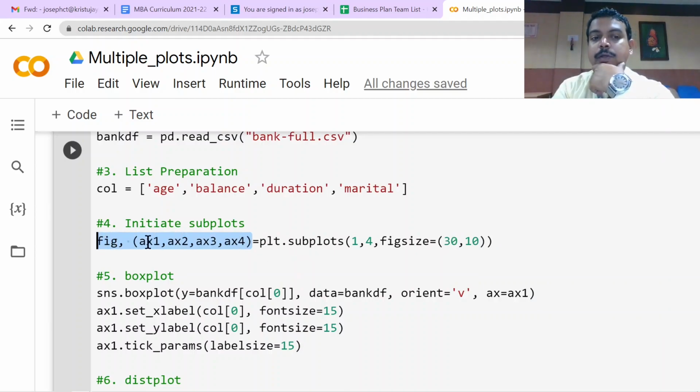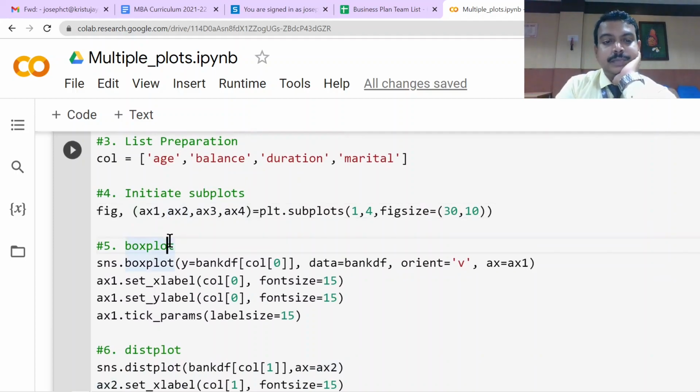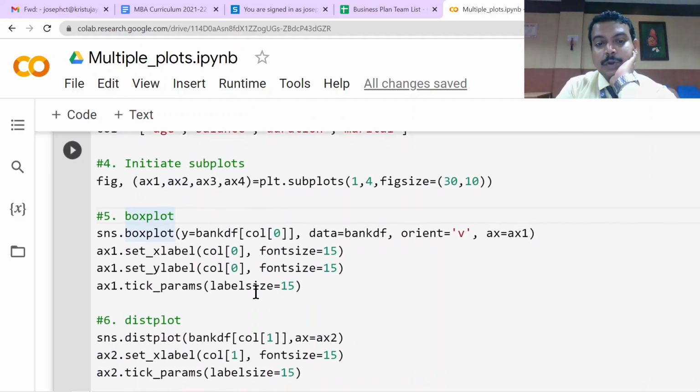Here we tell that we need a figure with 4 axes, and we are naming them AX1, AX2, AX3, and AX4. This process we call initializing the function, and that's how we create the plot area. And the fifth step is we are just going to do a box plot, which we already learned using